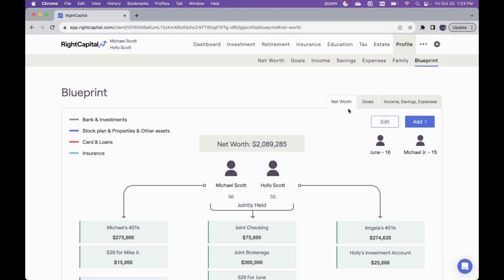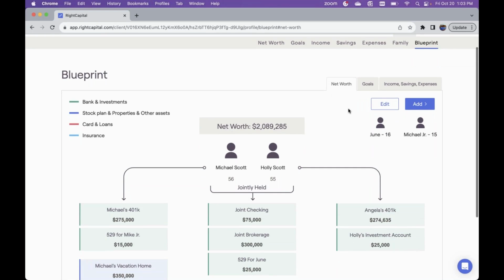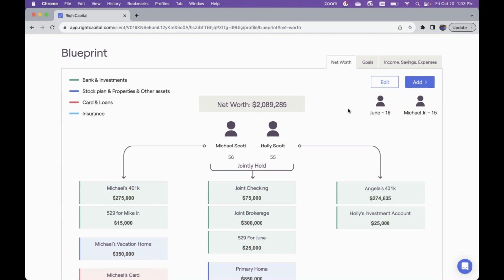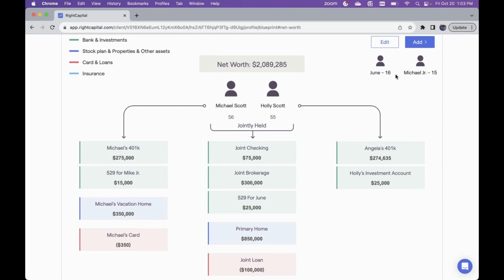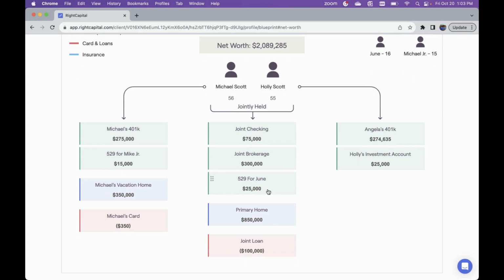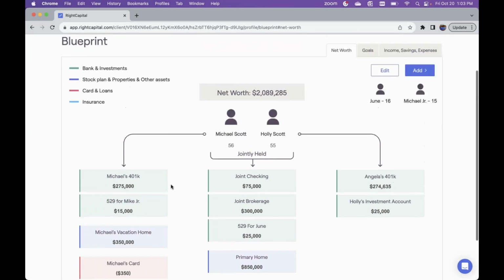So just some backstory about the sample client plan, this pre-retiree family. The Scott family, they currently have a net worth of $2.089 million, including some 401ks, as we can see here. We have some bank accounts, a brokerage, and we have some 529s because they do have children. They've got 2 children, and they're in their mid-50s. We are also including their primary home of $850,000, and they do have some existing debt and another property as